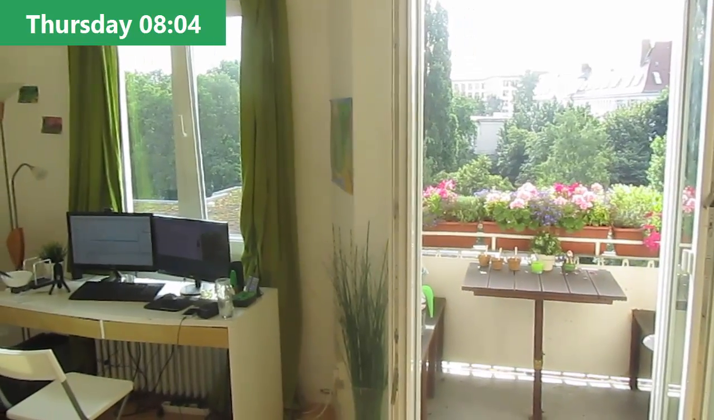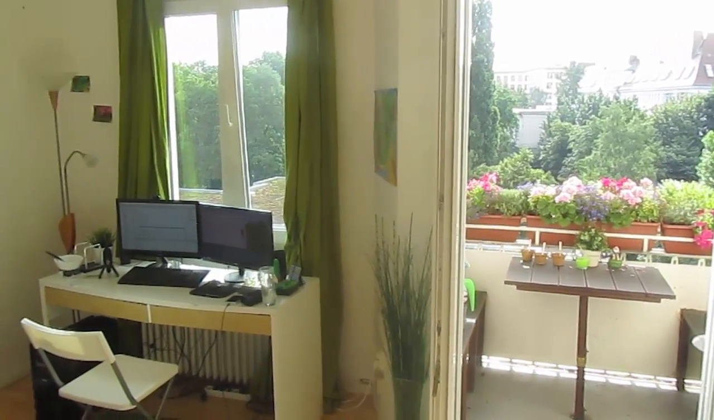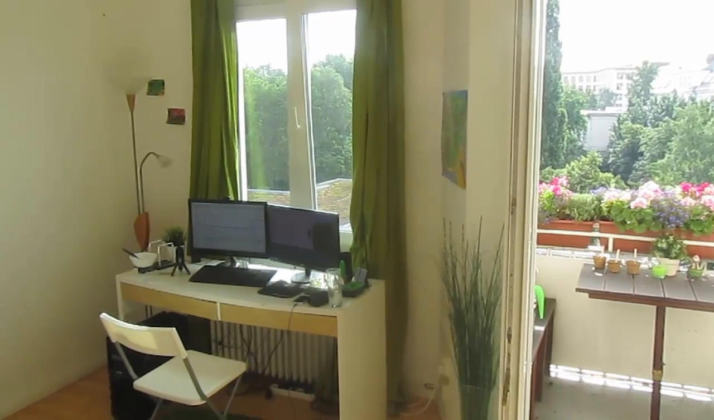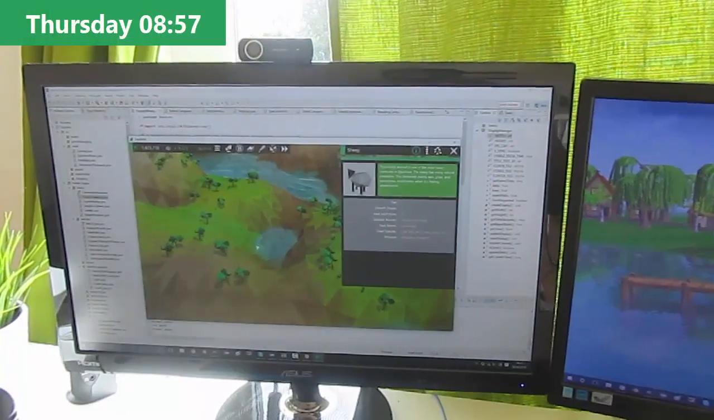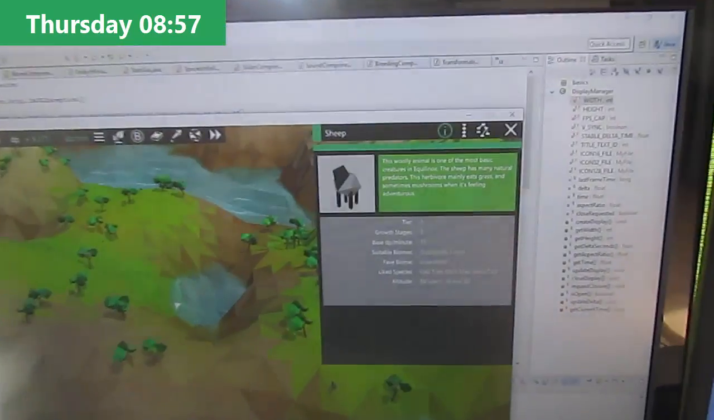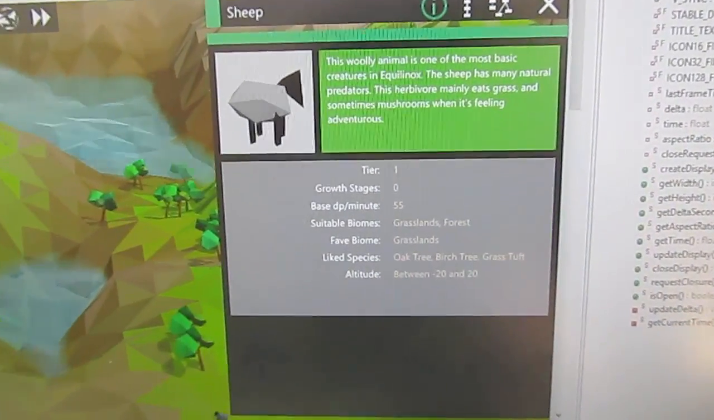I've just had some breakfast and been for a run, and now I'm going to get started, and today I'm hoping to start implementing disease. So first up this morning, I want to reformat all of the text in the stats section of the species